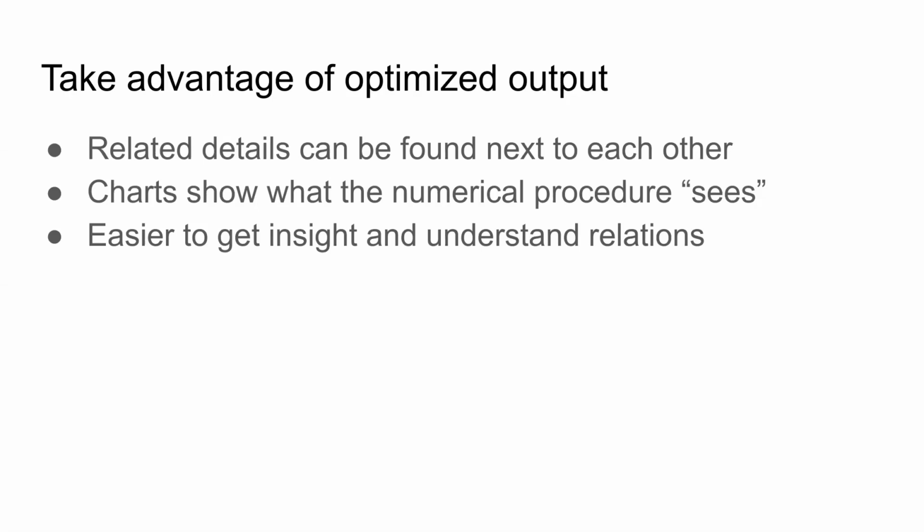Another feature is that the output is optimized with a lot of tricks. Let me give you one example here. The charts should show what the numerical procedure sees. For example, if we have two ordinal variables and we want to see the correlation between them, and we are calculating the